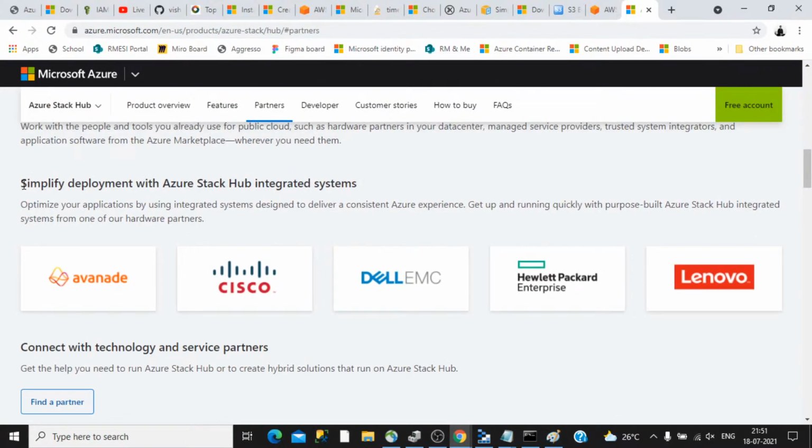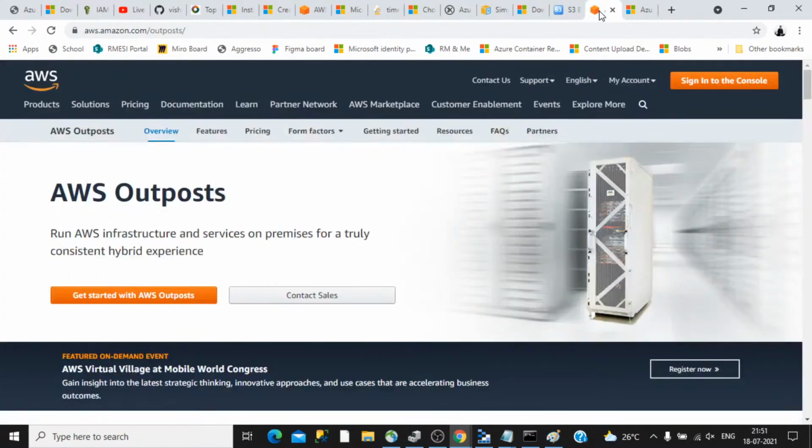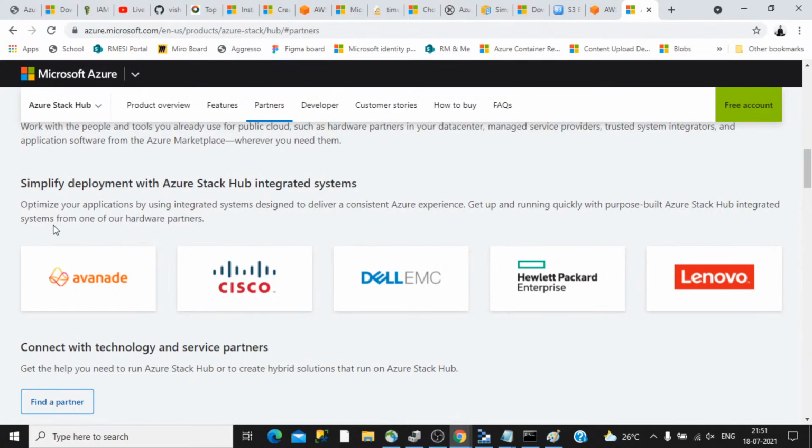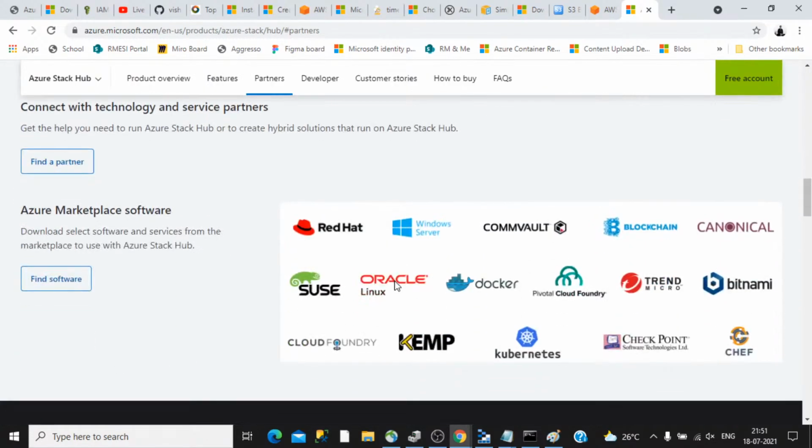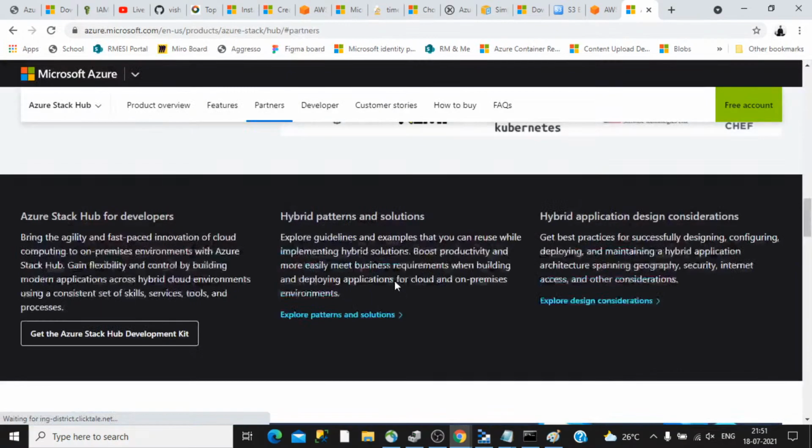If you look into this documentation, you can see that in the case of AWS, they have a device that looks somewhat similar to this. But in the case of Azure Stack Hub, Azure is partnering with different vendors like Cisco, Dell, HP or Lenovo to integrate the Stack Hub and provide it from there. So that is a difference.